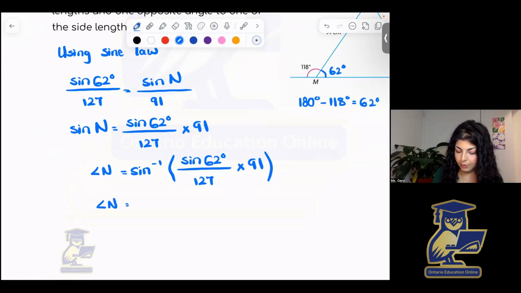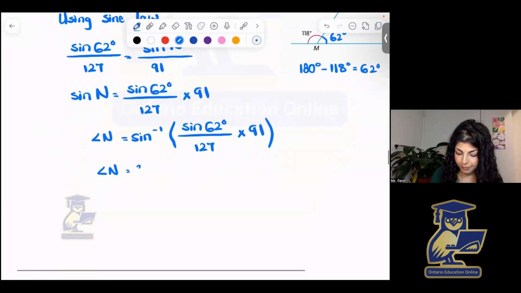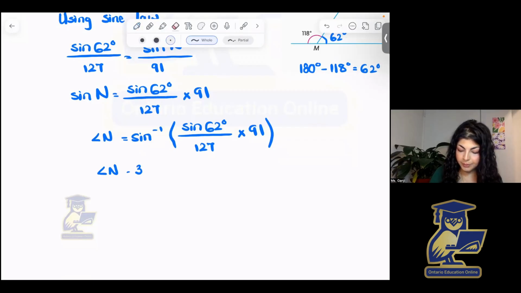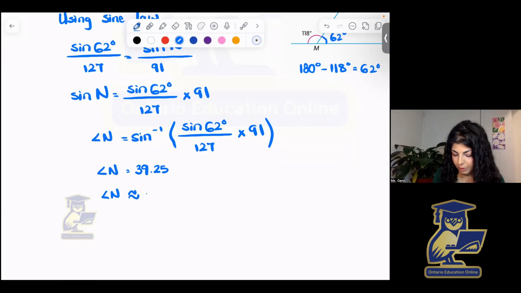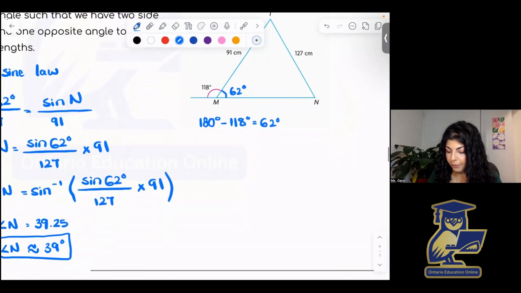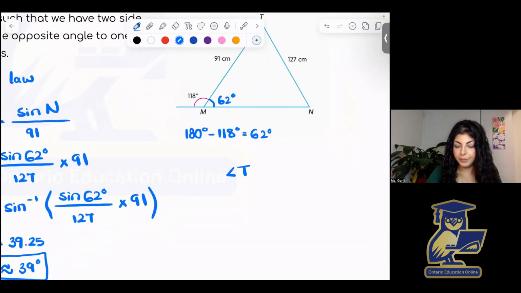And so angle N is equal to 39.25. So then we can just round to the nearest degree. So we say 39 degrees. There we go. And for here, for angle T, we can just do 180 degrees minus 62 degrees minus 39